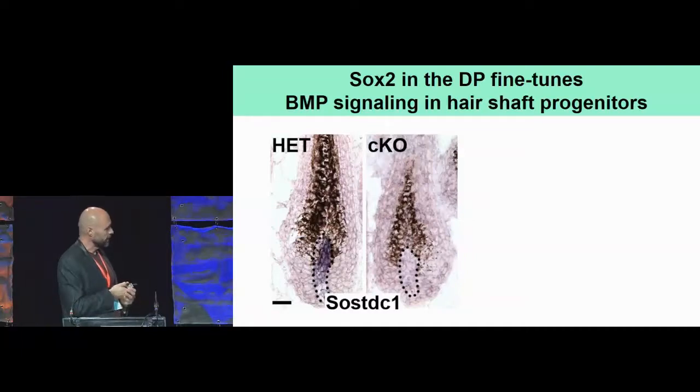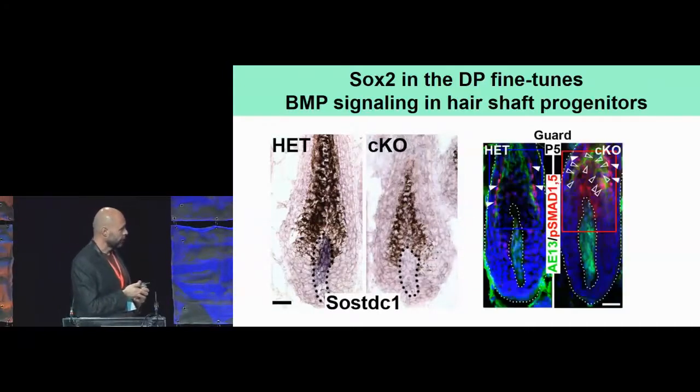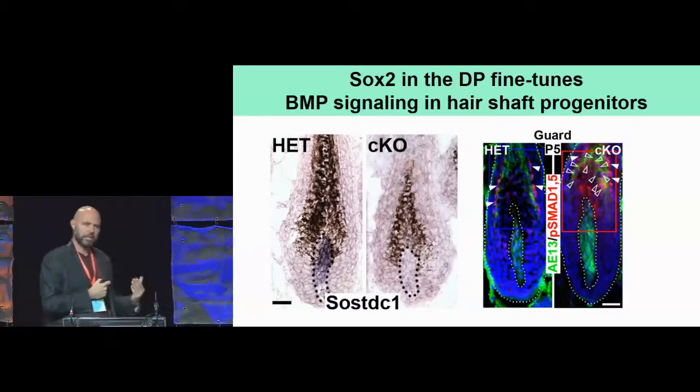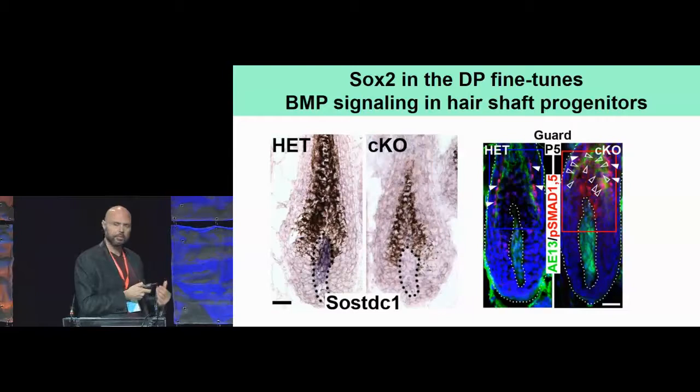So we verified that SOSTDC1 is indeed a target gene of SOX2, and I also show you here that SOSTDC1 is strongly downregulated in the DP. To test the outcome of BMP signaling, whether it is increased and altered in the knockout scenario, we stained for SMAD phosphorylation, which is downstream of the BMP pathway, and we found precocious and extended expression domains of SMAD phosphorylation, suggesting that BMP signaling could affect the migration of matrix progenitors as they migrate upwards